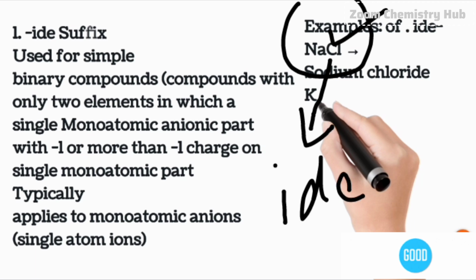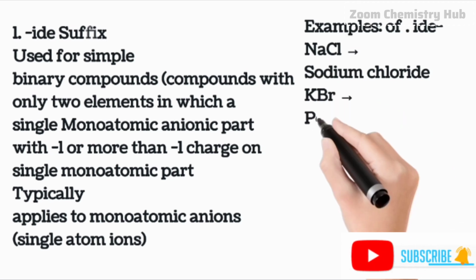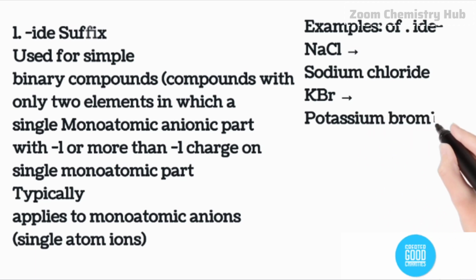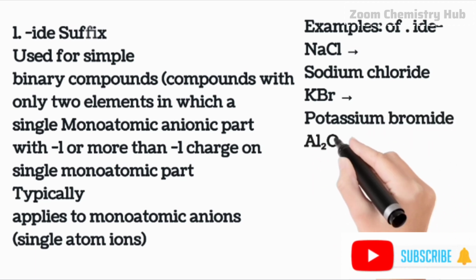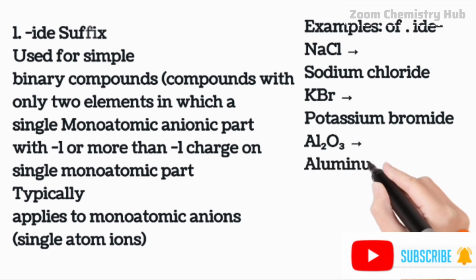The next example is potassium bromide, also a single monoatomic ion which carries a -1 charge. Similarly, there is a single monoatomic ion, that is oxygen,